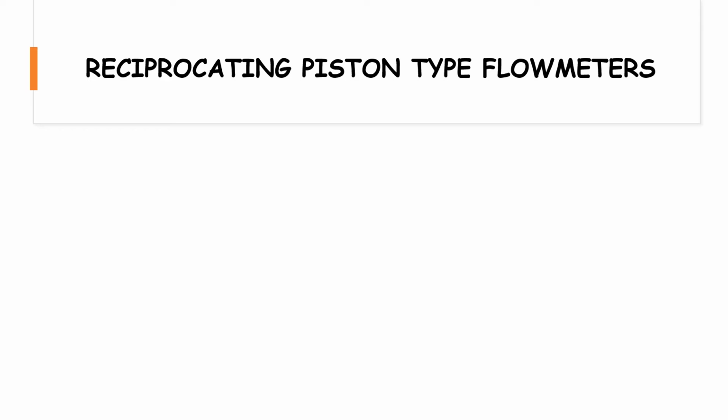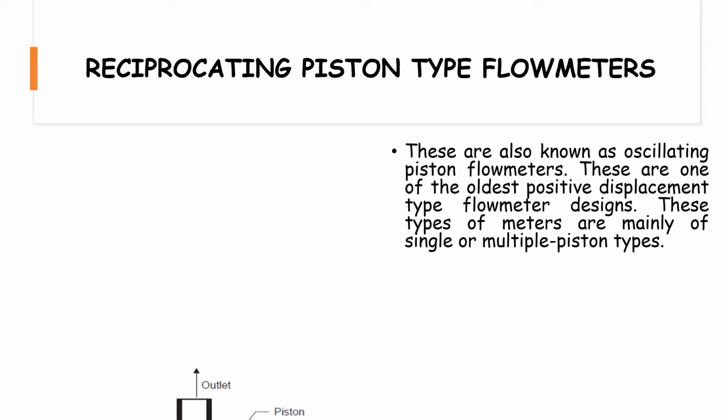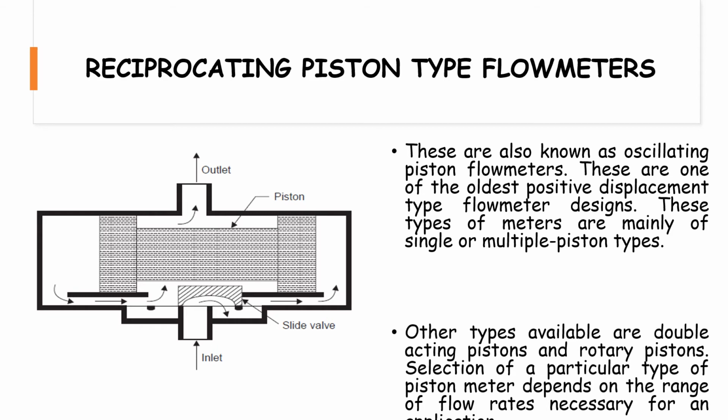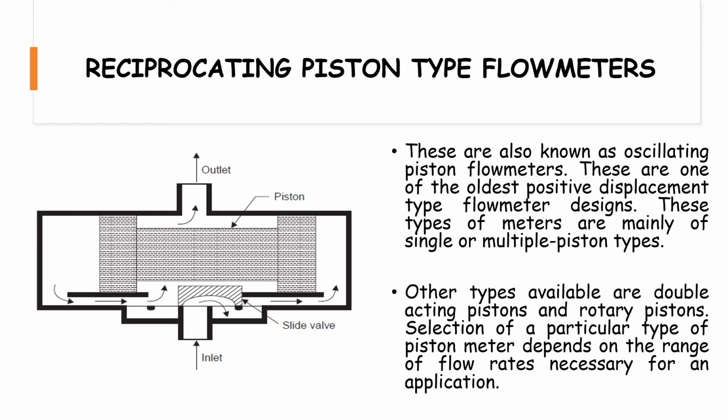The second type of positive displacement flow meter is the reciprocating piston type flow meter, and this is the diagram which tells you how a piston is going to look when a flow is going to be measured using this type. In the reciprocating piston meter, which is shown schematically here, the reciprocating piston passes the liquid alternately through each end of the cylinder from the inlet to the outlet ports and operates the counter.